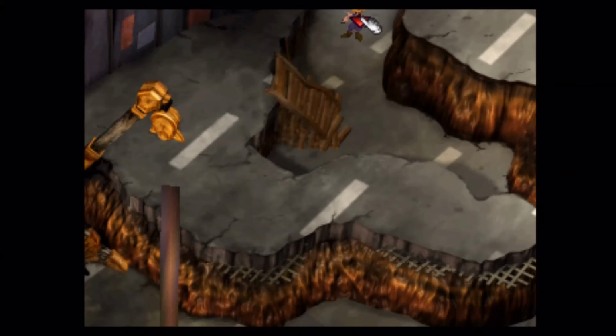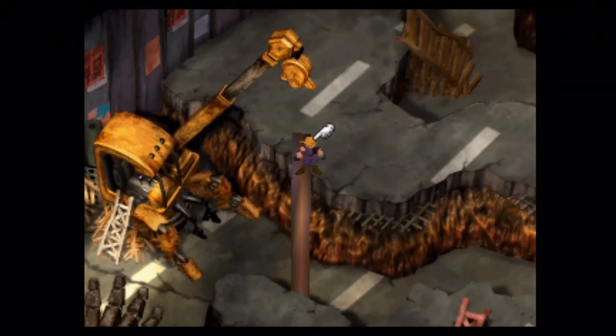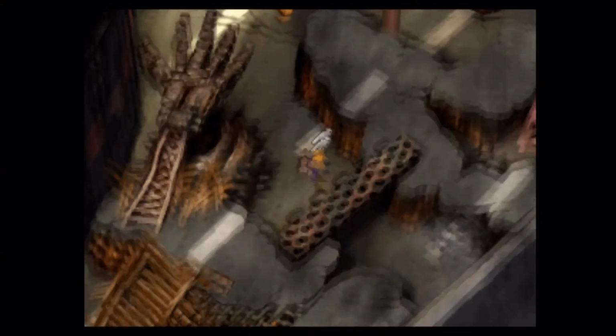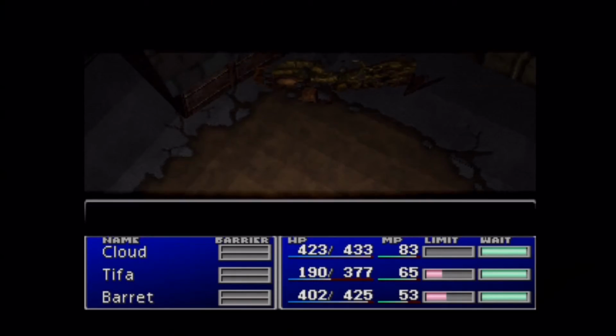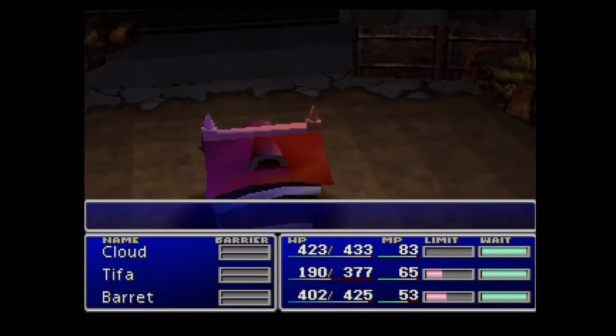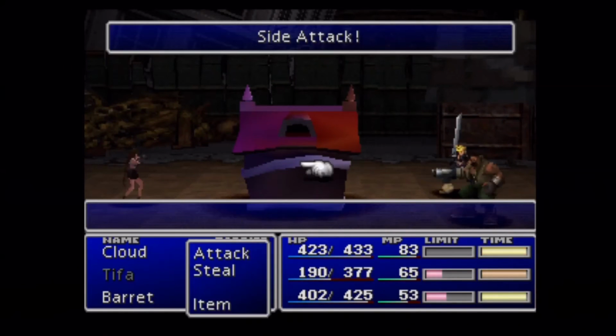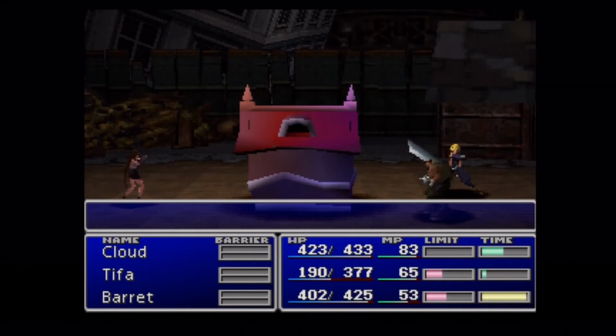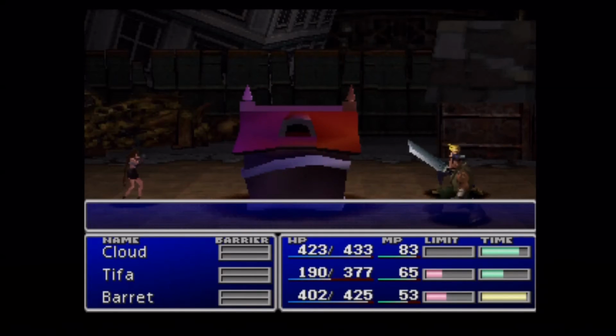But all right, so let's get the sense materia equipped. Now sense, I don't know. I feel like it could be useful, but in most cases I just don't feel like it is. Maybe for certain fights it's useful, but I'll be honest, I just don't get a whole lot of use out of it, frankly. So